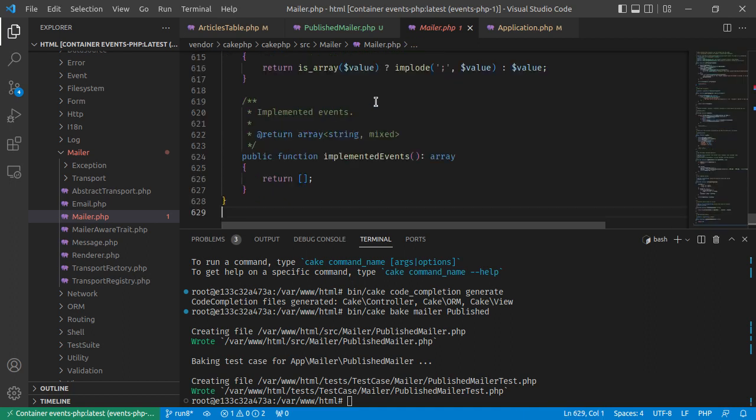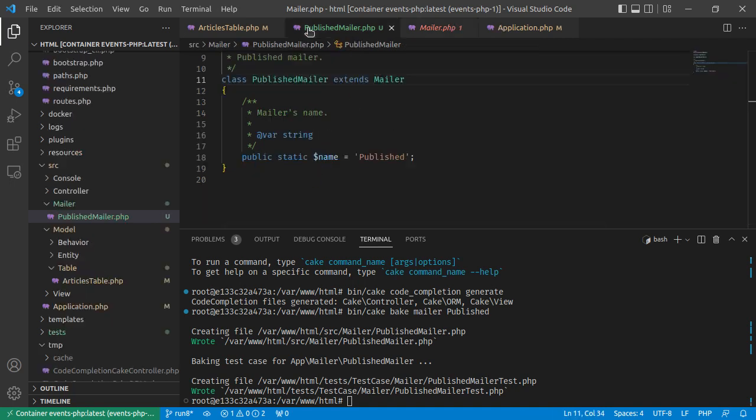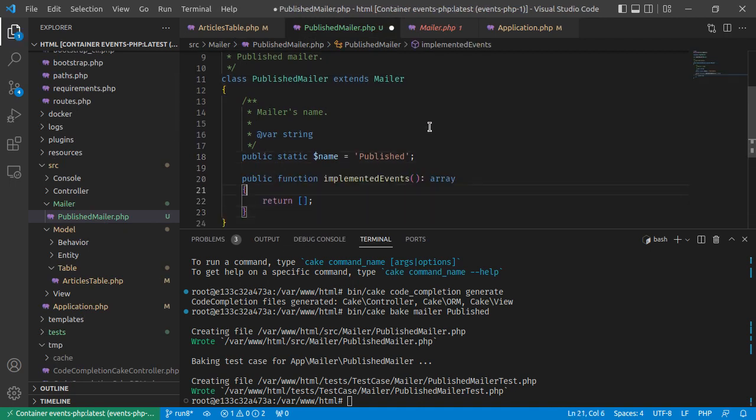That event listener interface says you must implement this function in your class. Now here in the mailer class, it's returning an empty array, so basically saying there are no default events defined within the mailer class, but we can take that function and override it and create our own